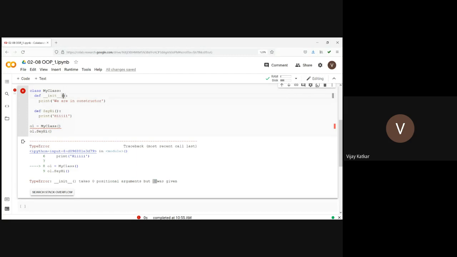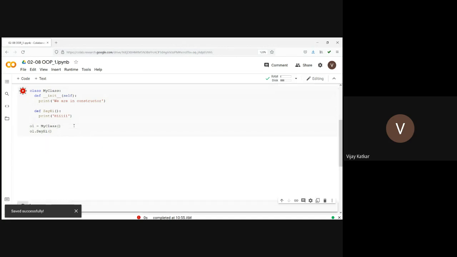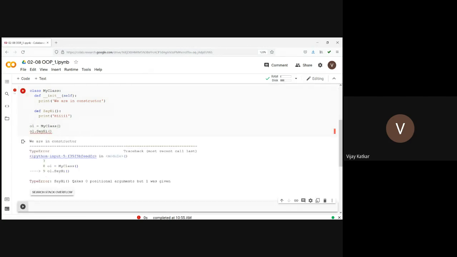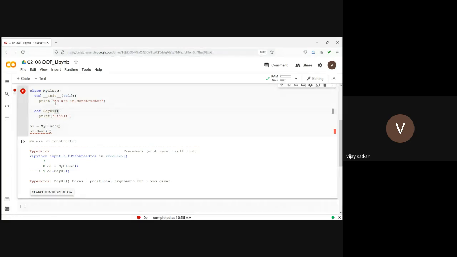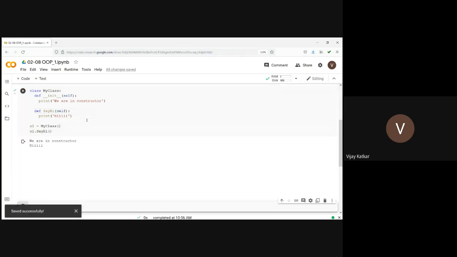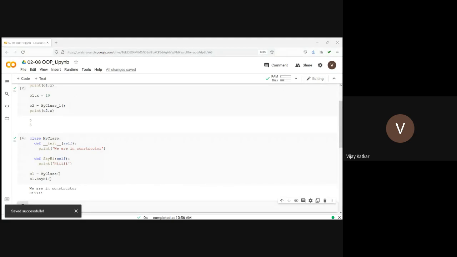the pointer to the current object, which is passed by Python internally. But here there is nothing to receive it. Now, if I save it, the error was while the object was getting created. Am I right? Now, if I run it one more time, it is saying say hi takes 0 positional arguments but 1 was given. Why? Here I'm not passing anything, but self was passed by default by Python internally. Now, if I run it, it works fine. Okay, anyone else having any other query?